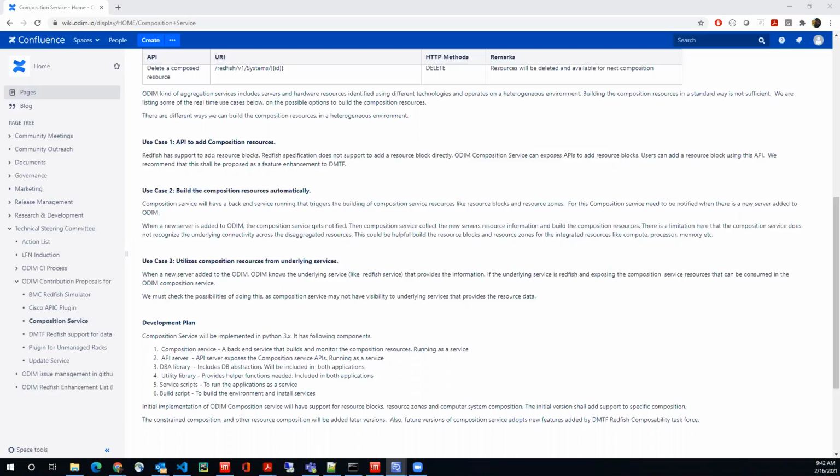Yes. Automate to a certain level. Without knowing the interconnectivity of hardware, we can't automate the process of creating resource zones. But the resource blocks process we can automate to a certain level. If a computer system is discovered, then we keep it as a resource block of type computer system. If a storage device is discovered, we keep it as a storage type resource block. And the administrator or whoever uses it can create a zone if they are connected,